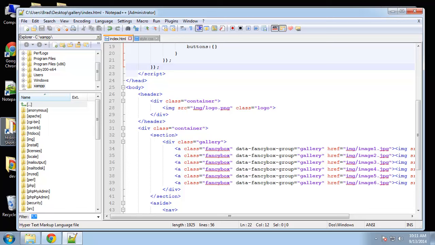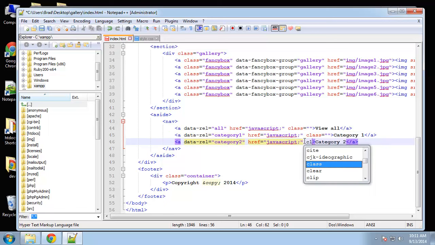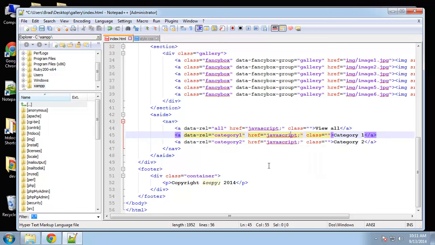Alright, so now we're going to write a little bit of custom jQuery to have the filtering by category function. Basically we need to add a couple attributes. First of all, our navigation here, we have our category name inside of a data rel attribute. I just want to add a class to these. Basically, we're going to have jQuery look at the class, and depending on which one is active, it's going to